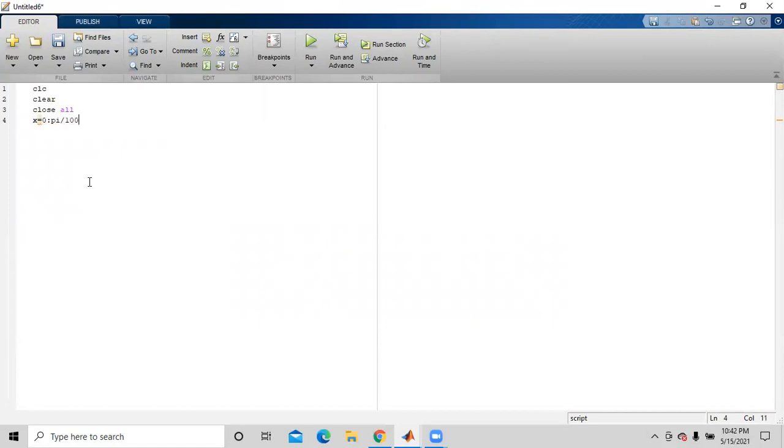We are taking many divisions so that the graph becomes smoother, into pi, semicolon, and say y1, the first function, is sine of 2 multiplied by x, and your y2 is 2 into cos of 2 into x.